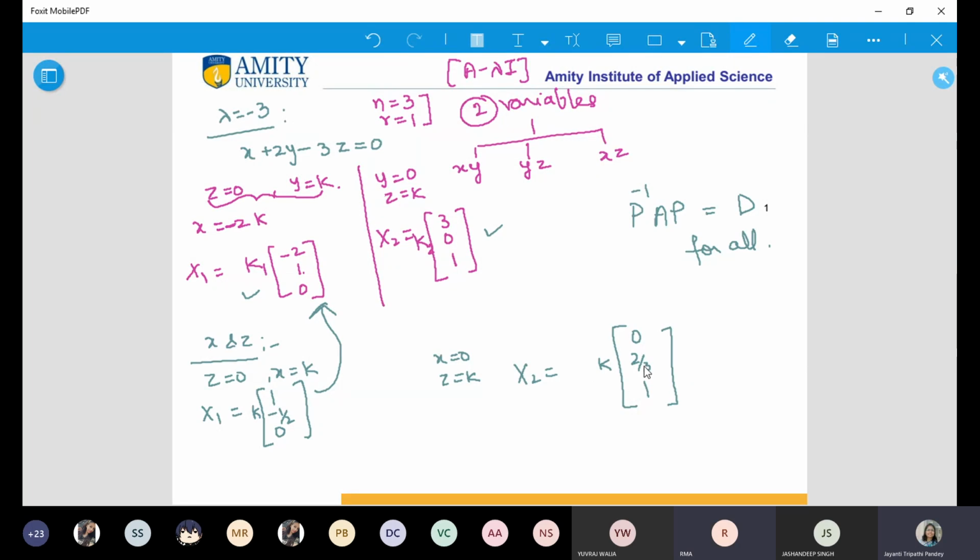Ma'am, after finding eigenvectors, we also have to diagonalize these, P inverse AP is equal to D. No, if it is in the question, let me see what is there in the question. Z is equal to k, so it is 3 by 2. Ma'am, not in this assignment. Then you can write it as it is, no problem. It depends on what you are taking. So it changes from person to person. Here, see, when you took x, y and z, the situation is different. When you took x and z, the situation is different. When you take some other value, the situation may differ.